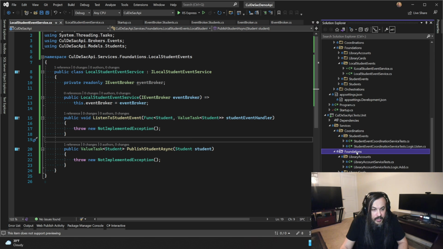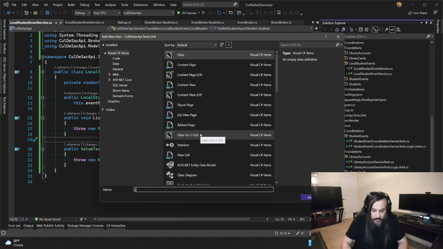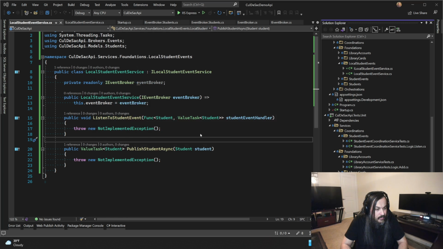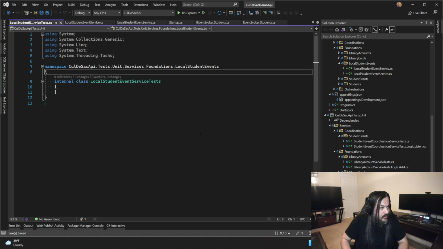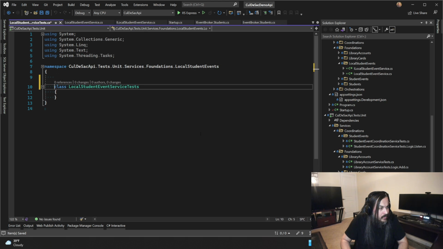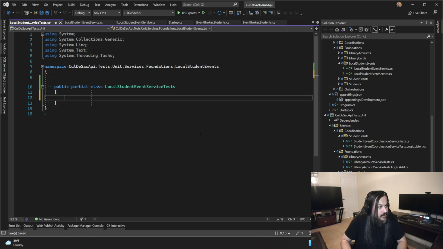Let's do it anyway. Let's go under foundations here and let's say here is my local student events. And I'm going to go down here and say here's a class, local student event service tests. And then in here, a public partial class.